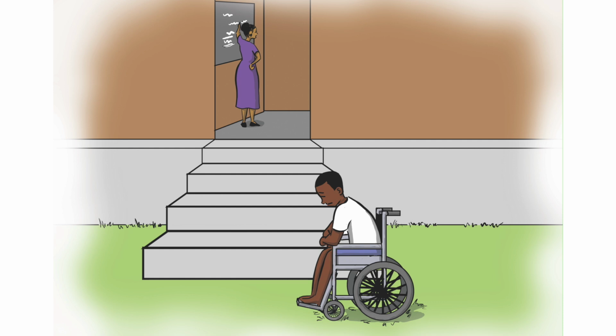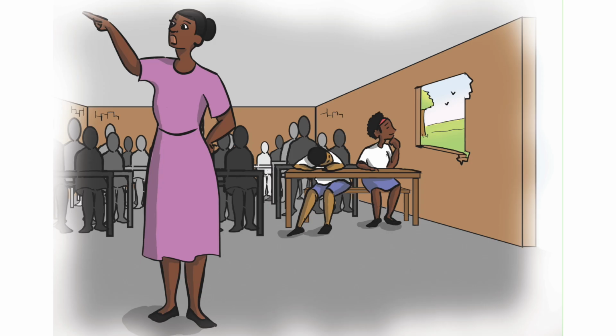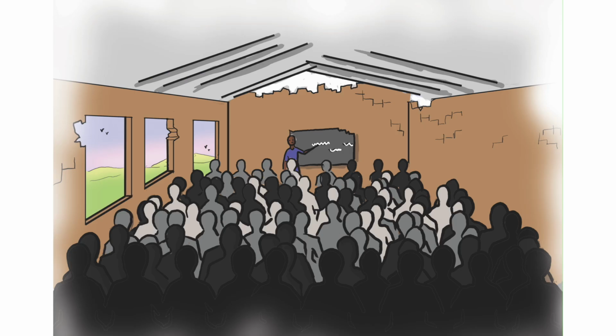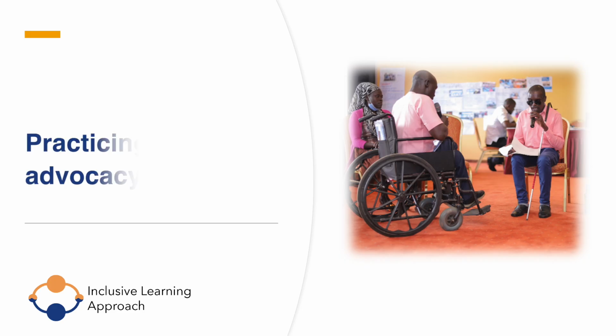So I've understood very well that our learners are not the problem. It is the system of education. Because we used to see that a child who has physical or visual or hearing impairment is the problem. But due to the training, I got to understand that the system is the problem, and the system has to change to accommodate our learners with disabilities in school.